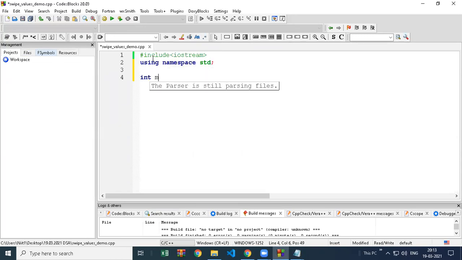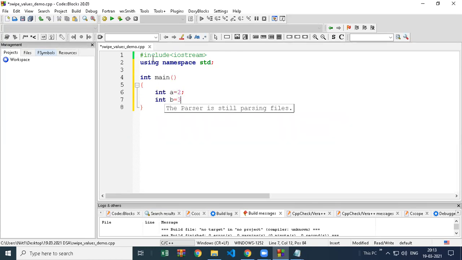It's a simple technique. So I have two variables, int a and int b. What I want is to swap the values. I want to switch the values. So a value is 2, b value is 3. I want to make a 3 and b value as 2. So I want to switch their values. How can you switch or swap the values? What logic can you apply here? Because in bubble sort also we require this swapping technique. Anyone has any idea how you can pass the b value into a and the a value into b?